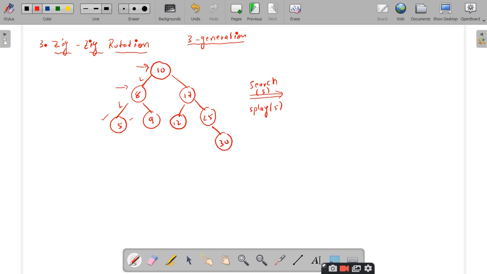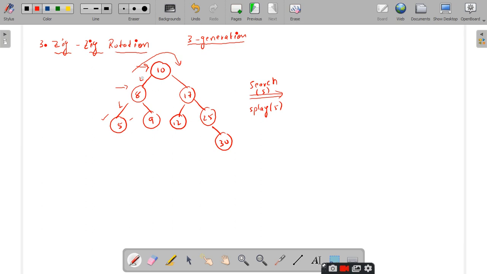In this case, one important point you should always keep in mind. In this case, where we have LL and RR, in the next case we will discuss the zig-zag rotation. So, in the case of LL, the rotation should always be from the grandfather only. Right, is it clear?